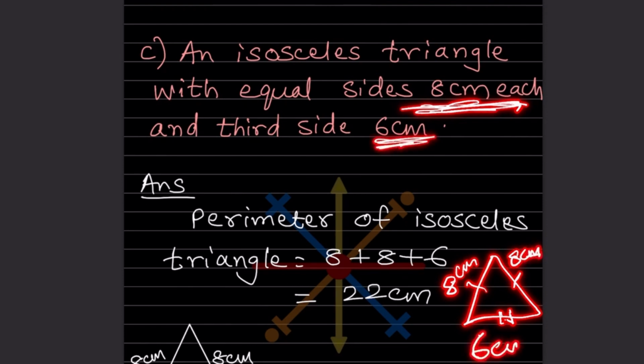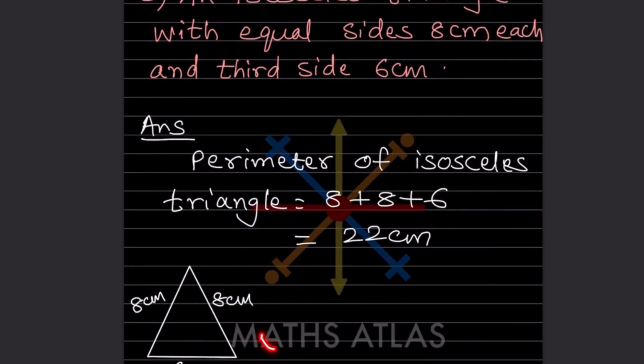Now look at here, this is 6 centimeter. See, this is what I have written over here as well. I have drawn it for your understanding. So perimeter again here of isosceles triangle means 8 plus 8 plus 6, that